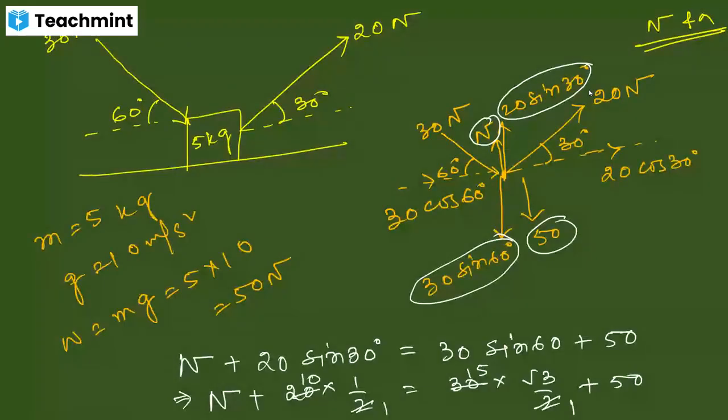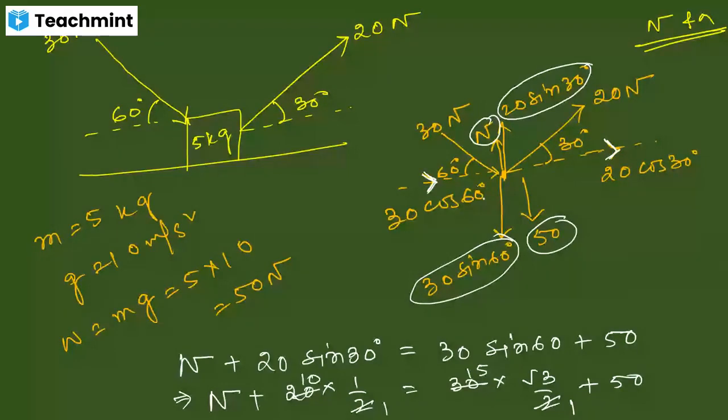So let's come back to the figure. The horizontal component of force, one is actually 30 cos 60, another is actually 20 cos 30, right? In this case, 30 cos 60 and 20 cos 30, both are acting in the same direction. Look at the arrows that I have just given. 30 cos 60 is acting in this direction, and 20 cos 30 is acting in the same direction. So we can add them.